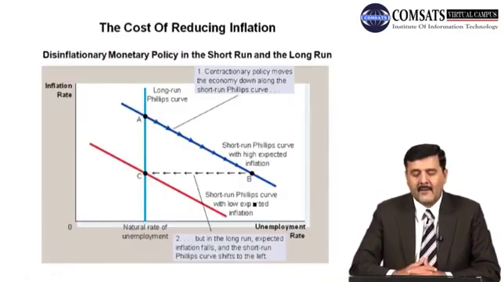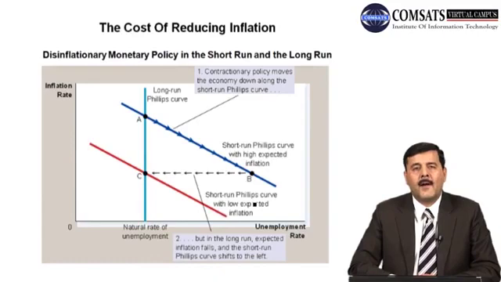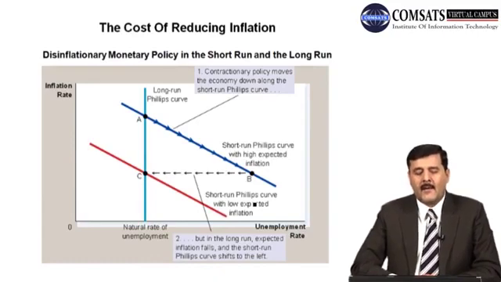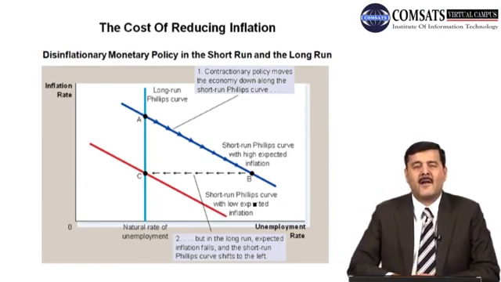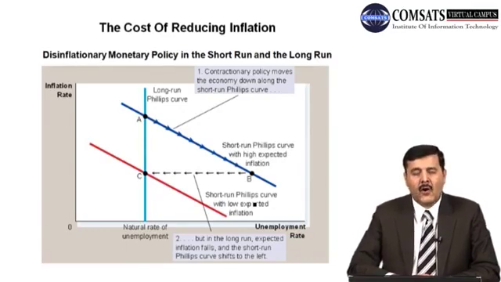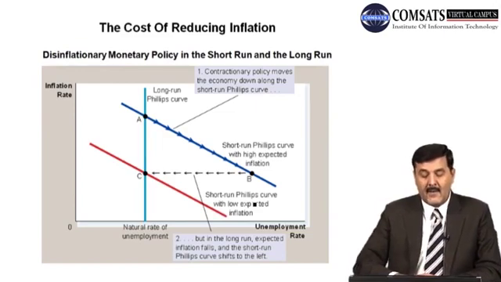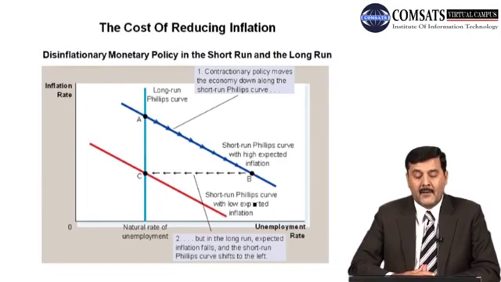नाउ इसी चीज को हम एक्सप्लेन करेंगे विद द हेल्प ऑफ डायग्राम, where the government is using disinflationary monetary policy in the short and the long run, and we'll see that. So what will happen to inflation and unemployment in the economy? So we have a short-run trade-off, a short-run Phillips curve with high expected inflation. With the blue line we have the long-run Phillips curve, which is a vertical line, and we have